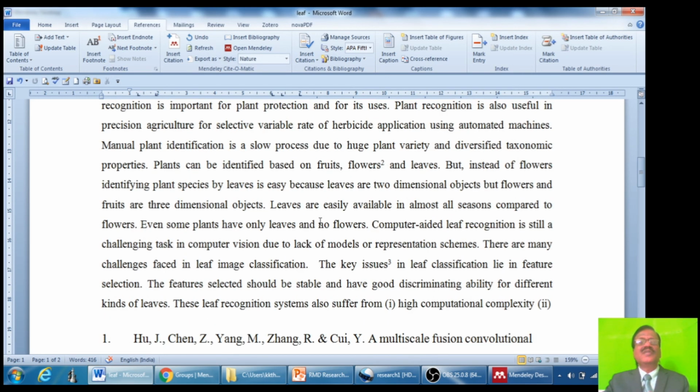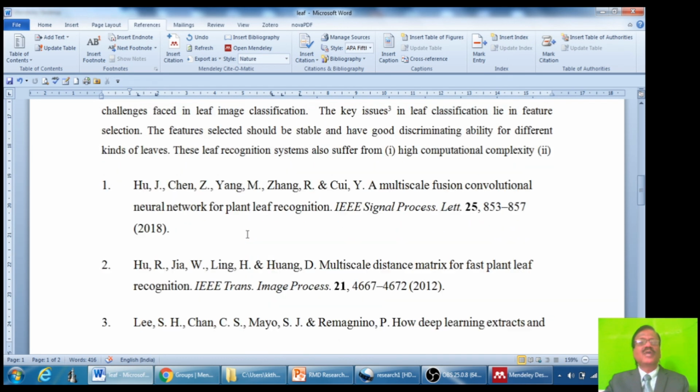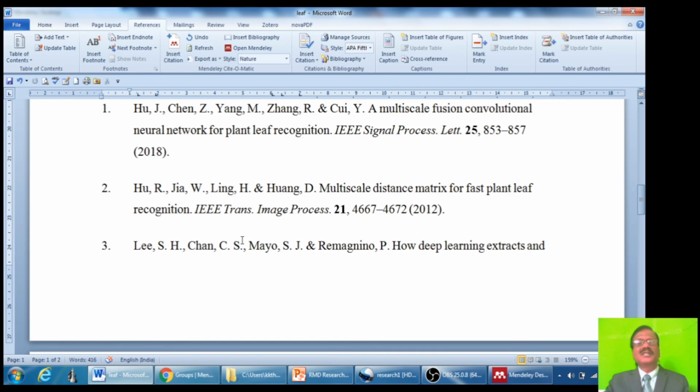So the citations will be indicated by superscripts, and you come to the reference section, you see first author names, but there is no quotation mark here, just a full stop they have used. Then you see the year is coming at the end and it is given within brackets.